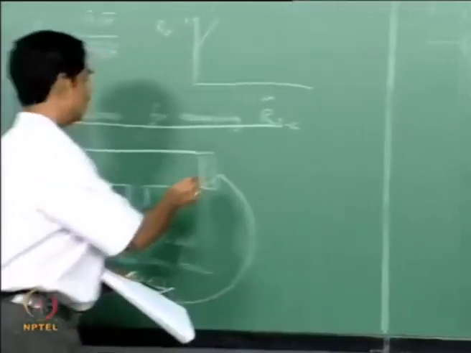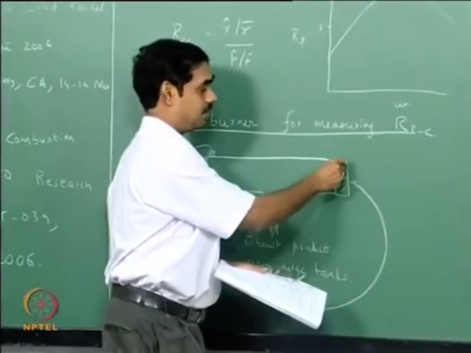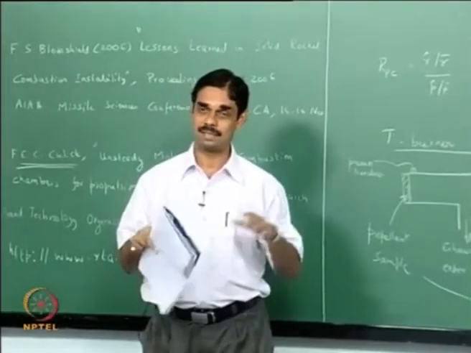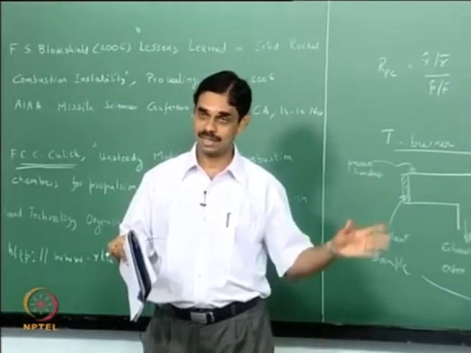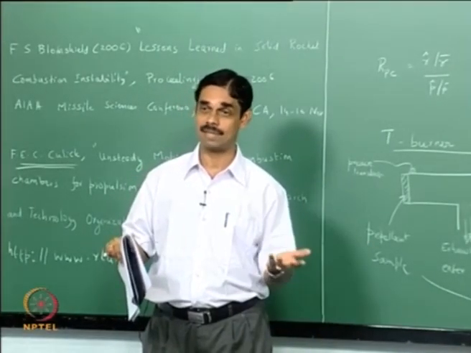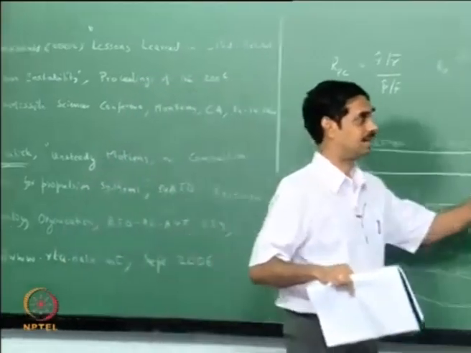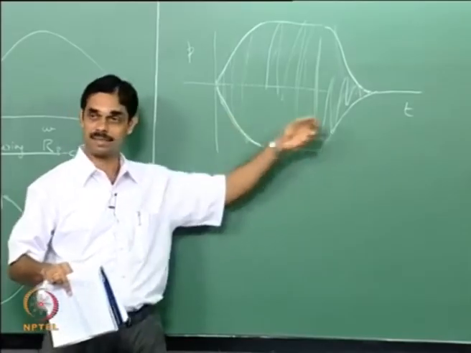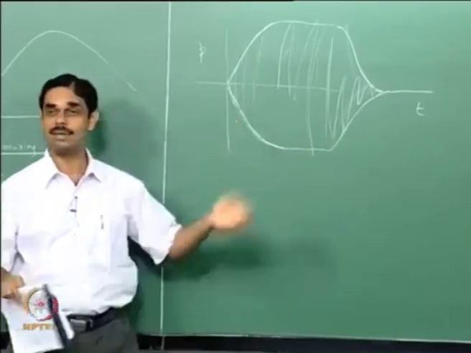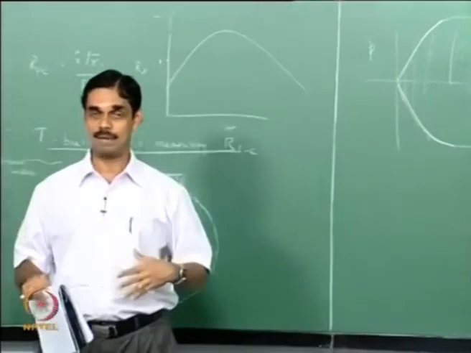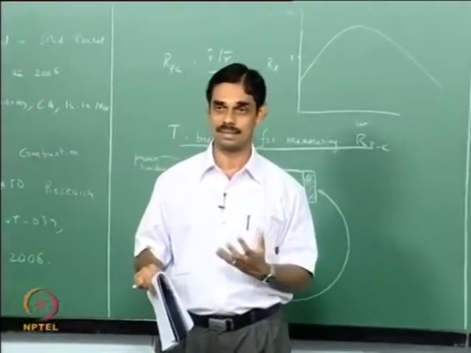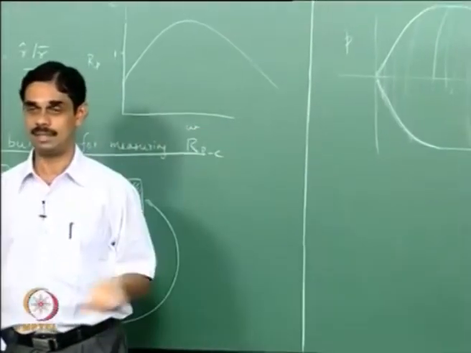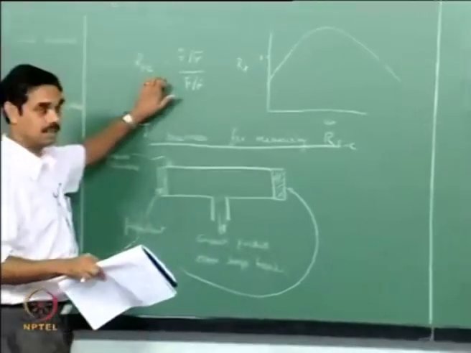Eventually this half inch or quarter inch propellant is going to finish burning. When that finishes burning, these oscillations will die down. The rate at which it will die down, the decay rate, will give the damping. So this is the damping rate, this is driving minus damping, you just add this rate to that rate and you will get the total driving from the propellant. This is the crux of the matter, there are no more complexities. From that you can actually determine the pressure coupled response in this form.